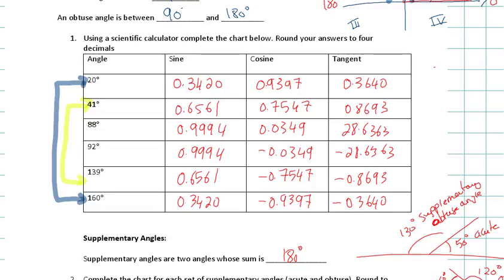Yeah? Okay. How about 88 and 92? Are they supplementary? Yes, they are. They add to 180, right? Again, if you look at their sine, 0.994, 0.994, so that's the same. If you look at their cosine, one is positive, the other is negative. Positive, negative. So there is a pattern. Okay? Now let's see